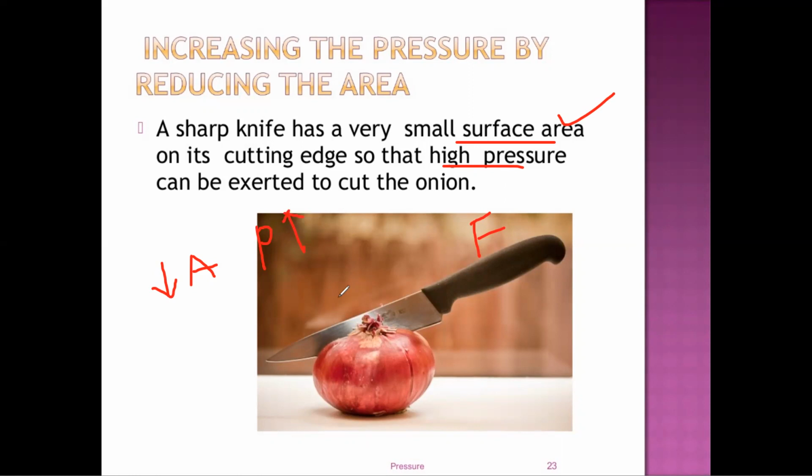This is how we can chop onions or any vegetables easily, by having the sharp edges of knives, blades or scissors. This helps us cut objects. Okay, and the next point,